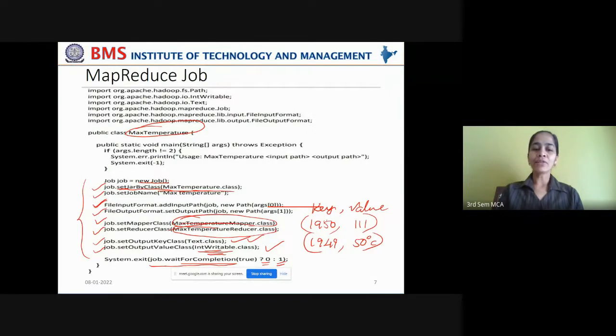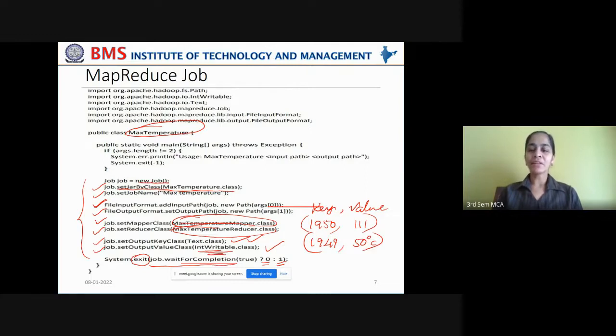Now when it returns 1, that 1 is supplied to this exit method of system class, and it will exit the execution of this job. That is how we complete the job execution of a particular processing task.